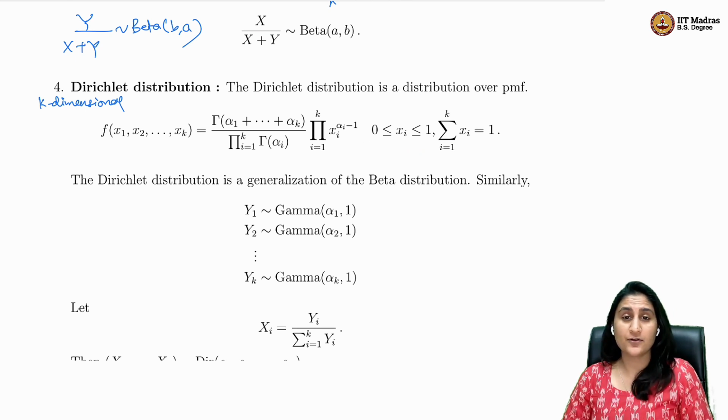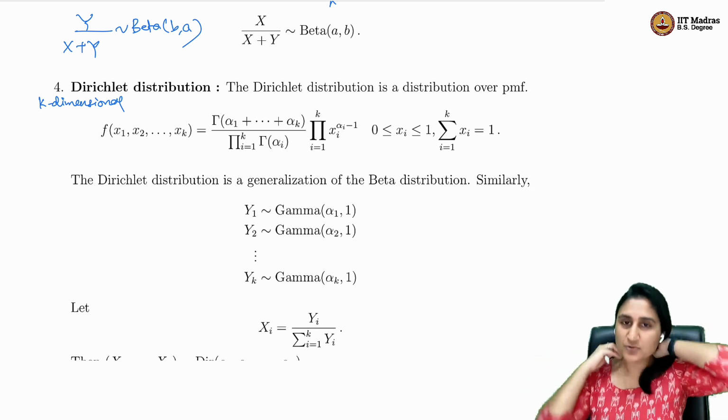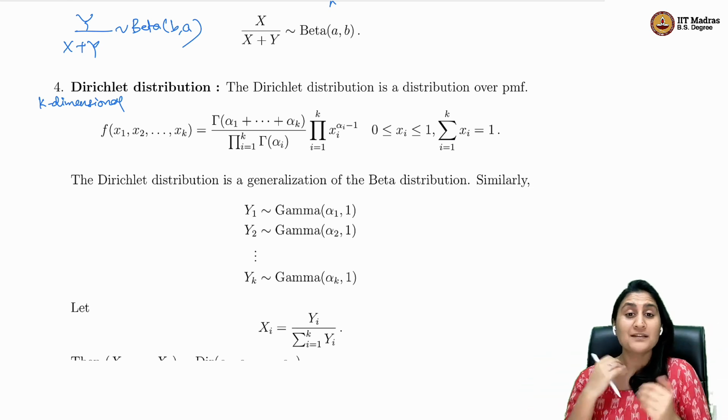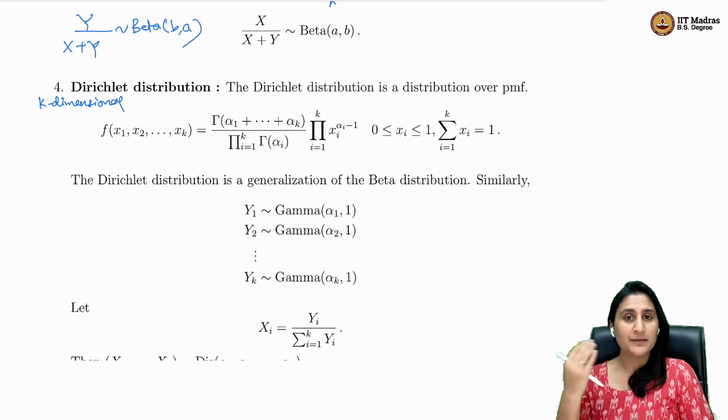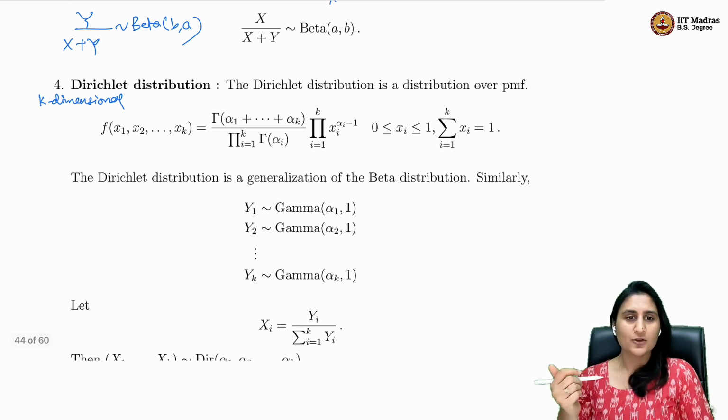Every x_i, i going from 1 to k, is positive, but they also have to all add up to 1. This is the Dirichlet distribution PMF. But this turns out to be a generalization of a beta distribution in the sense that to get a draw